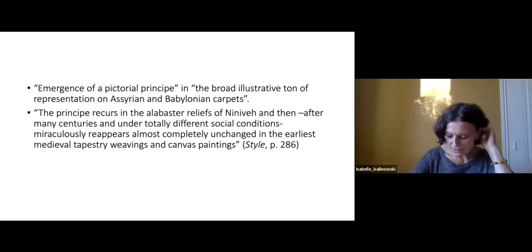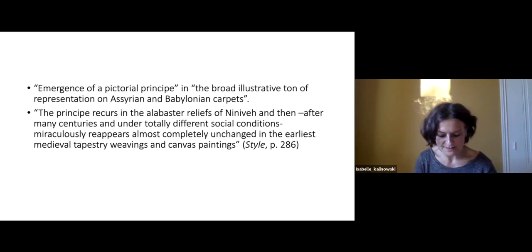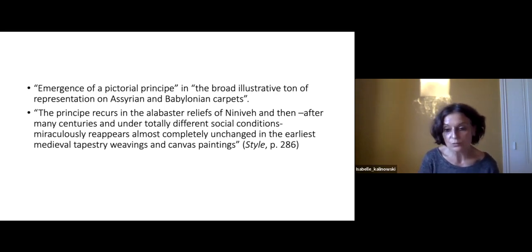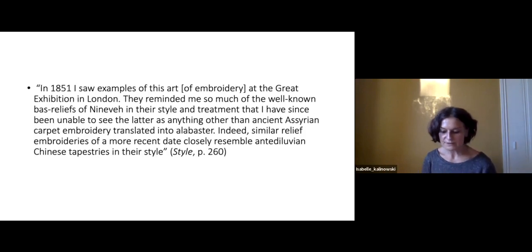The observation of Chinese embroideries played a crucial role in Semper's discovery. He makes an analogy, or more precisely, a confusion between the Chinese embroideries he was able to contemplate and probably to touch at the London Great Exhibition of 1851 and the Assyrian reliefs he saw at the Louvre and at the British Museum. I quote,